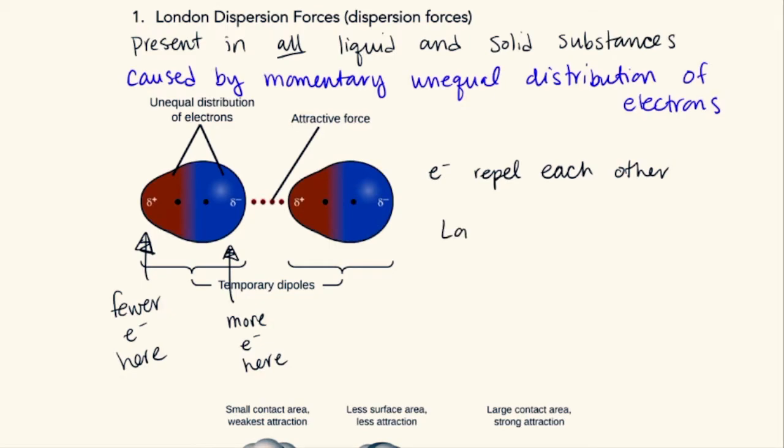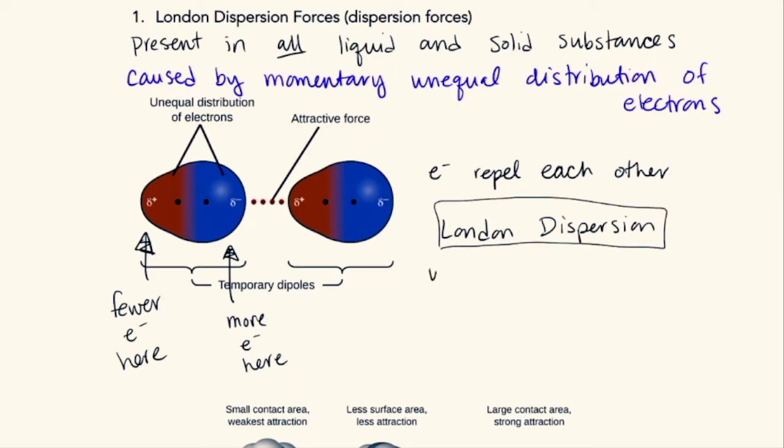So let's talk about the types. So London dispersion. It's going to be the weakest of the IMF, intermolecular forces. Okay. It's the weakest type. They are temporary dipoles. So they can be kind of temporary attractions. And because it's due to electron fluctuation,